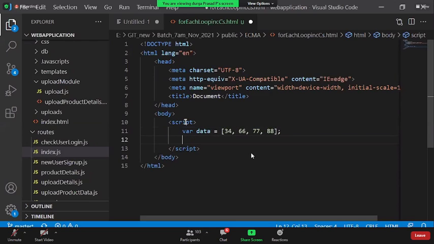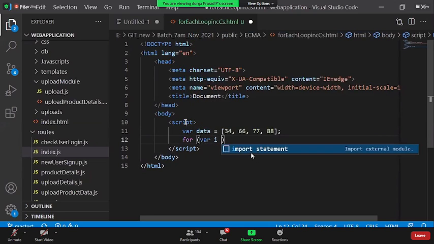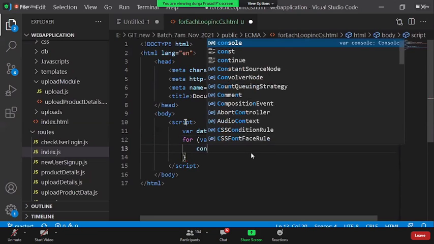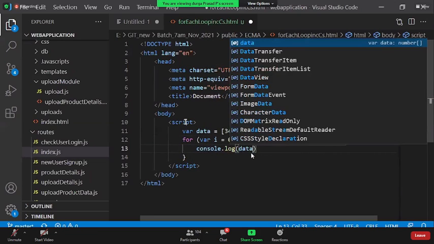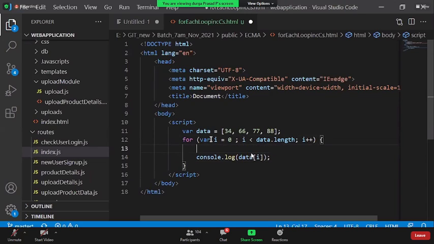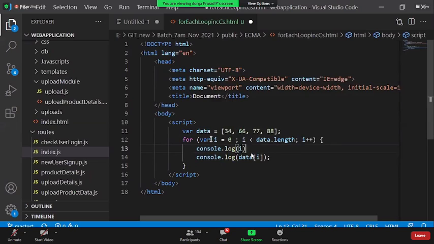Now if you have to iterate this, in ECMA 5, we used to do this: i equal to 0, i less than data dot length, and i plus plus. I say console dot log data of i. At the same time, I can even get the index value also, console log i.